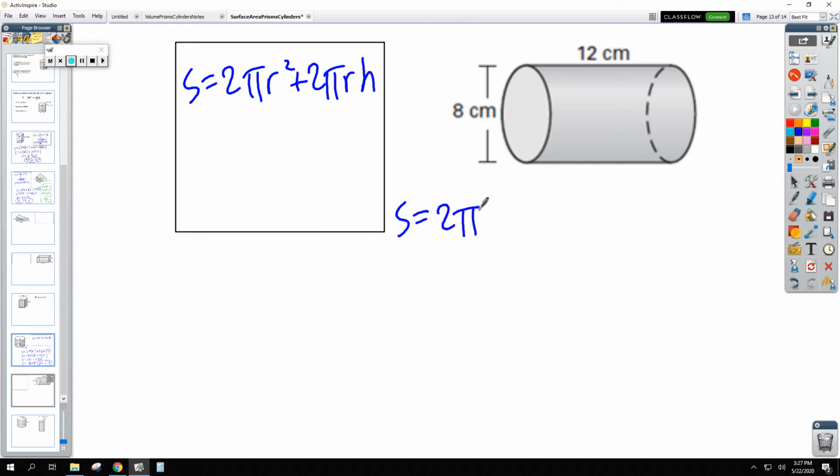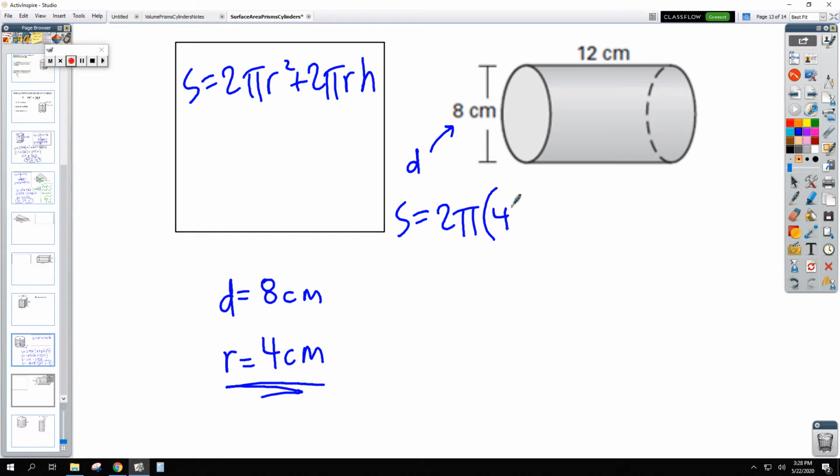What is the radius of this cylinder? Is it 8? No. That's actually the diameter of this cylinder. Well, if the diameter is 8, what do you do with it to get the radius? Divided by 2. Our radius here is actually 4 centimeters,